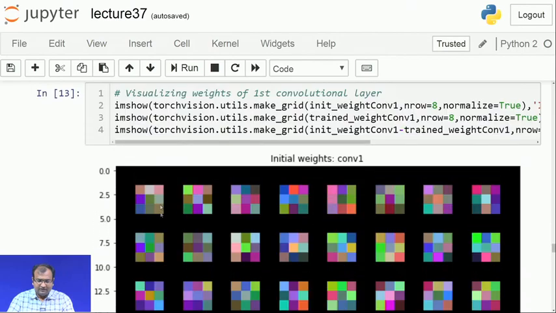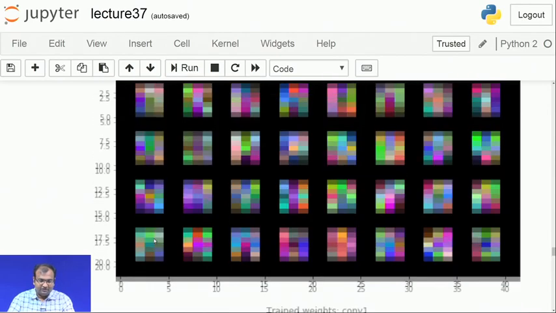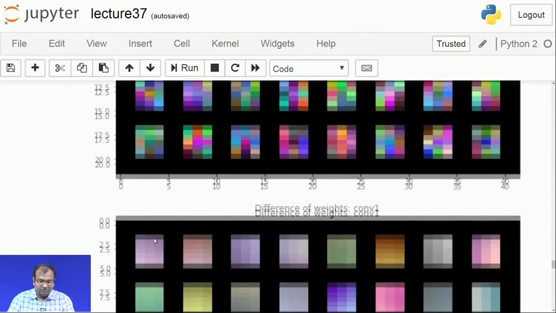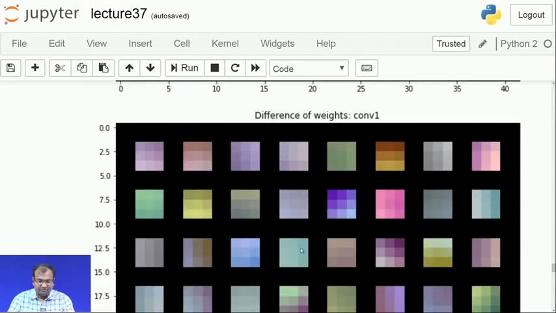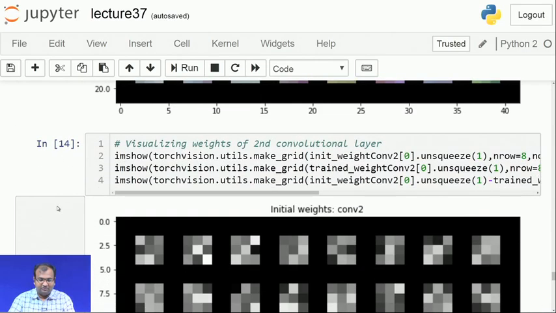Now, these were the initial weights which had been given. After you had trained it with this particular data set, CIFAR, this is the change. But if you look into the differences, they are not much of a difference. There have been slight changes in the shades or in one particular color channel, not something which changes majorly. One of the reasons why the changes are really low in intensity is because the earlier trained model was already trained on natural images, and you are also dealing with the same kind of natural image problem over here.